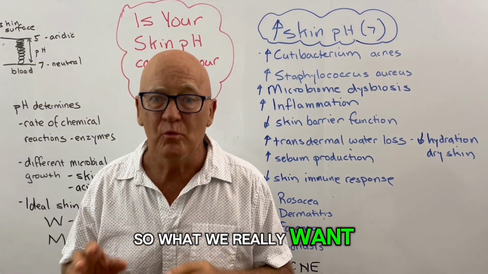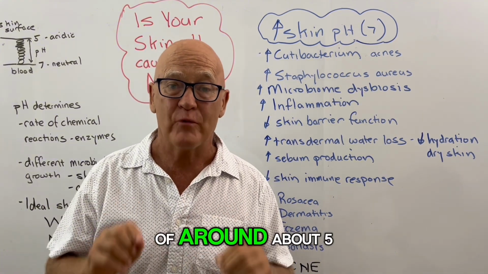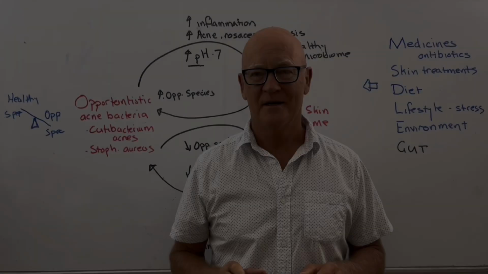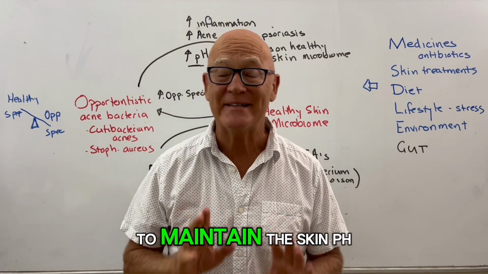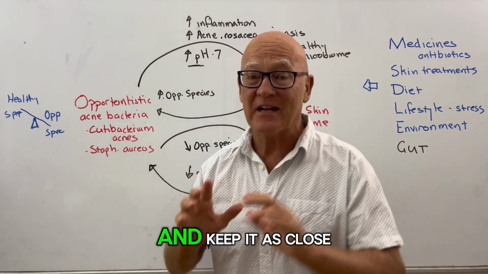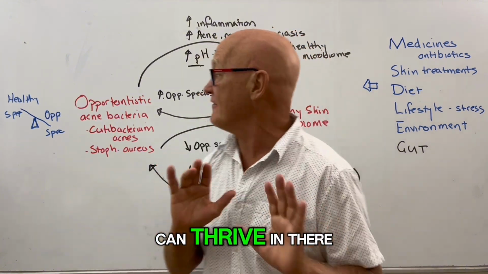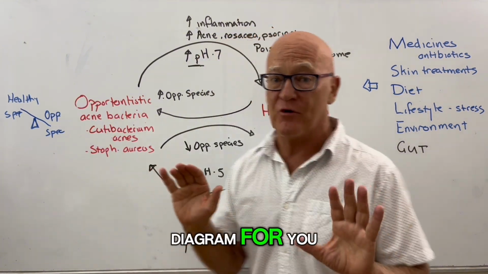So what we really want to do is work out how to get the skin at a pH of around about 5. The challenge then is how to maintain the skin pH at 5, or at least to get it to 5 and keep it as close to 5 as possible so that the good bacteria can thrive in there. And I've done a little diagram for you so you can see